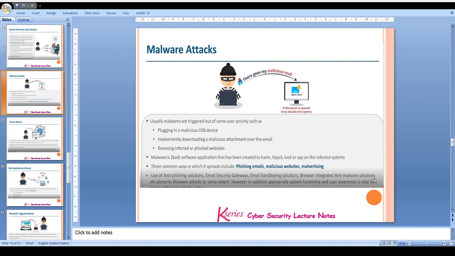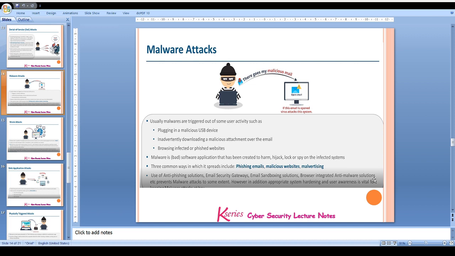Malware attacks. Now, a malware is a bad software application that has been created to harm, hijack, lock or spy on the infected system. Malware is triggered by some user activity, such as plugging in a malicious USB device, inadvertently downloading a malicious attachment over email, or browsing infected or phished websites.